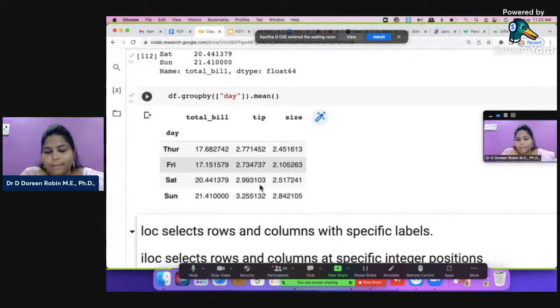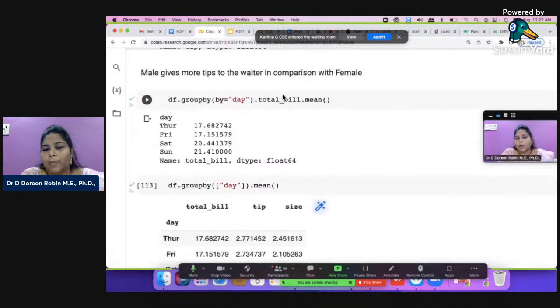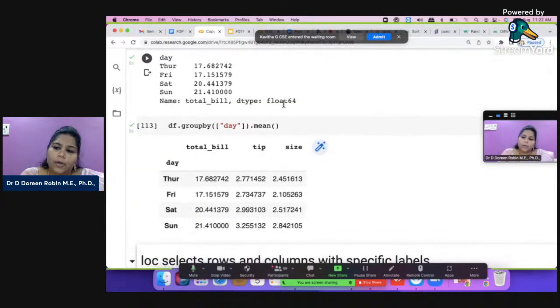Group by only the day. Here I've given day only, the total bill of meal. Generally, if I'm going to give mean, it will take only the quantitative values, and so you can